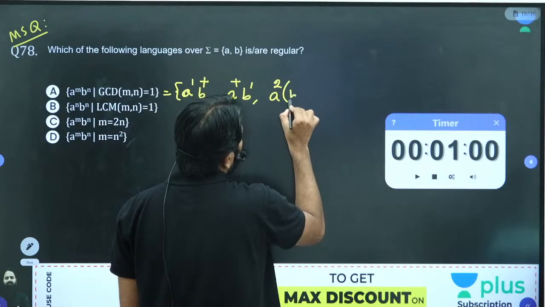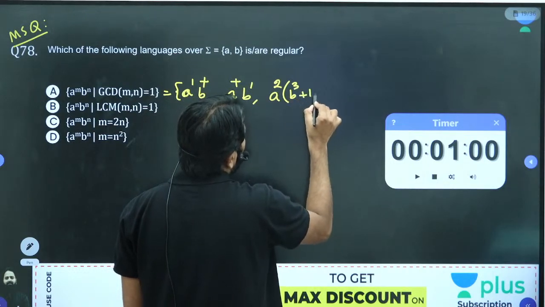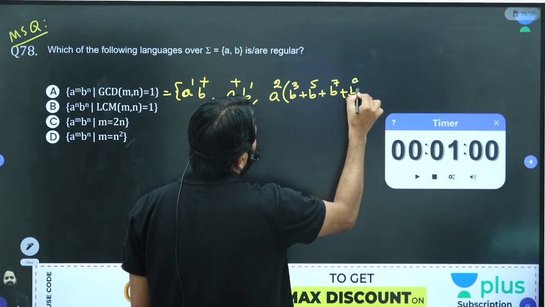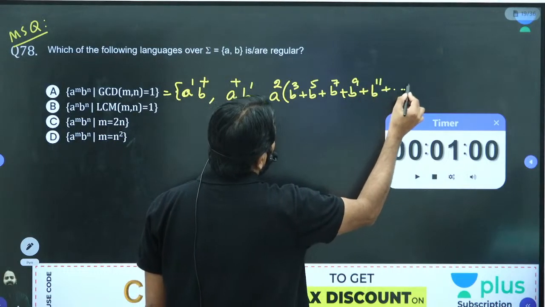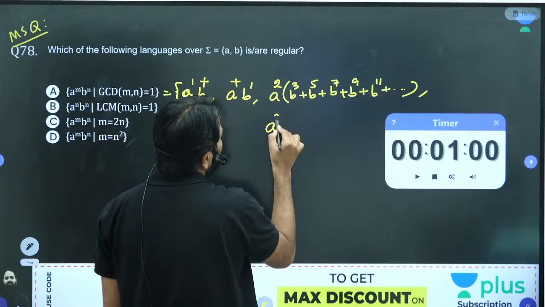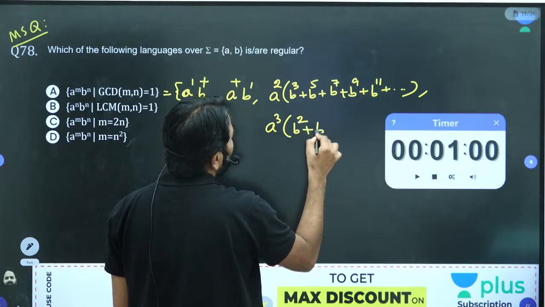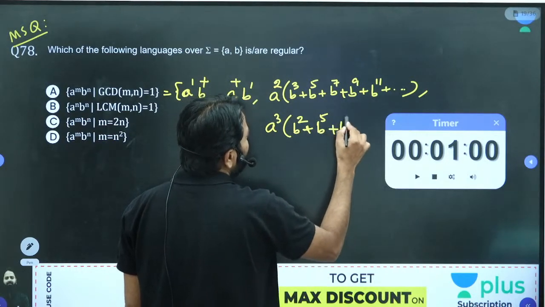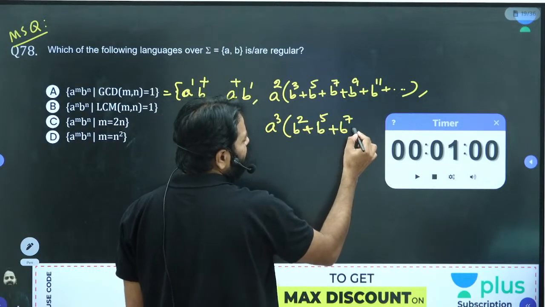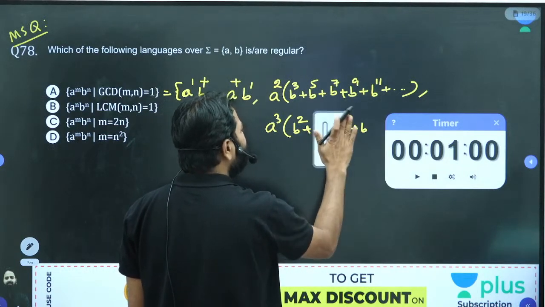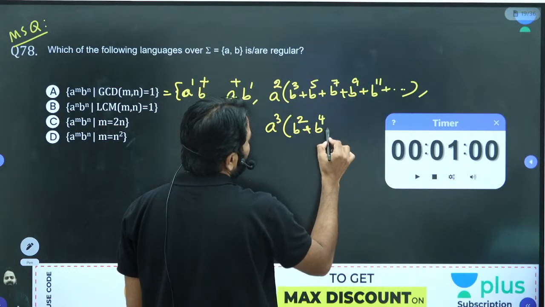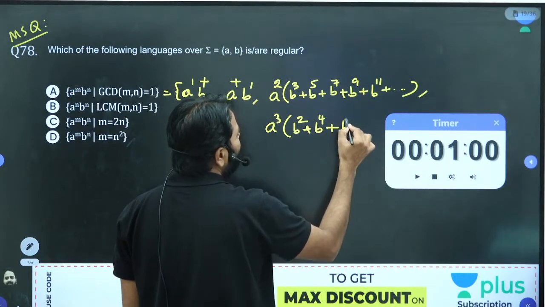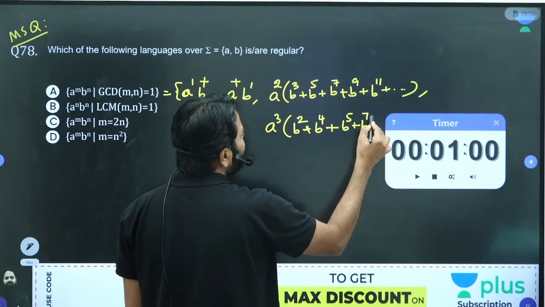Here you can take b power 3 or b power 5 or b power 7 or b power 9, b power 11, and so on. When you take a power 3, then b can be 2, b can be 5, or b can be 7. 9 don't take because the common divisor will be 3, and 4 also you can take, I guess. B power 1 is already covered somewhere. Yes, here covered, no need. B power 5, B power 6 don't take, power 7, and so on.